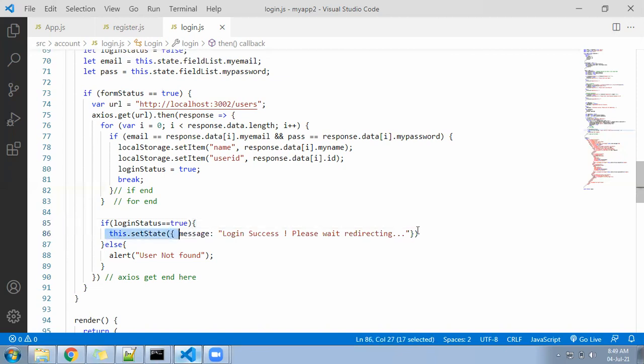Else, you can say here login fail, invalid or not exist. Add these two lines. After that, you check. The message got changed.